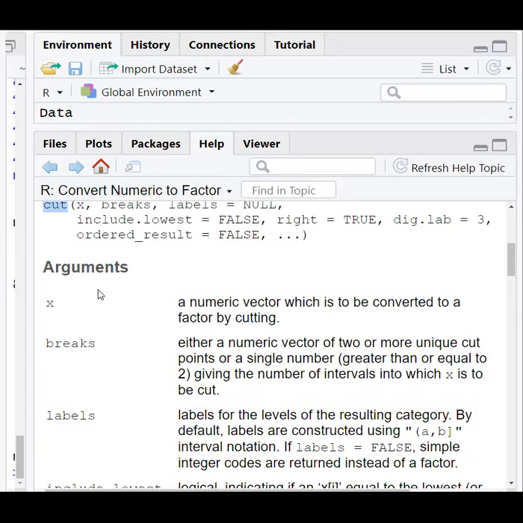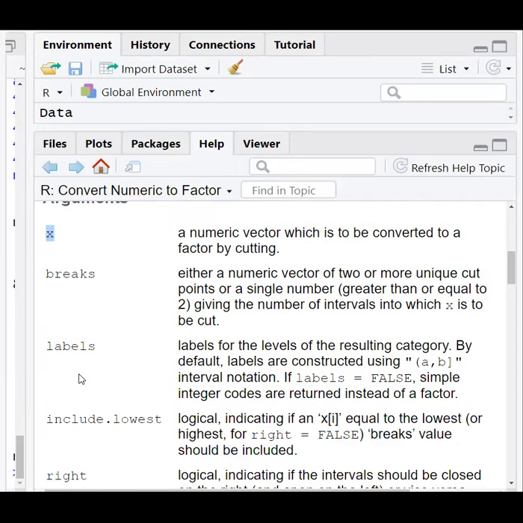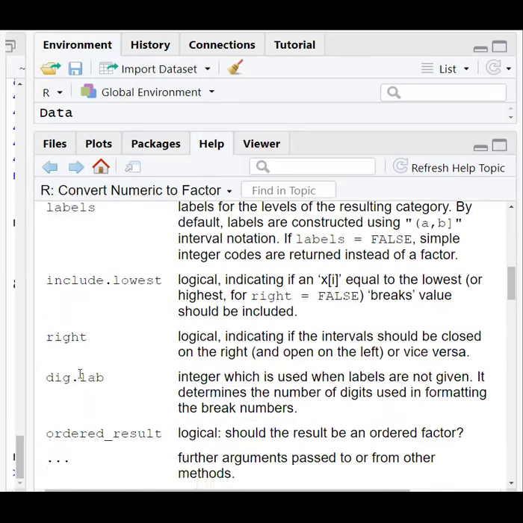The arguments it takes: first is which column we want to categorize, then breaks. Either a numeric vector we can pass, so if we have multiple ranges, we place them in a vector, or we can pass labels.